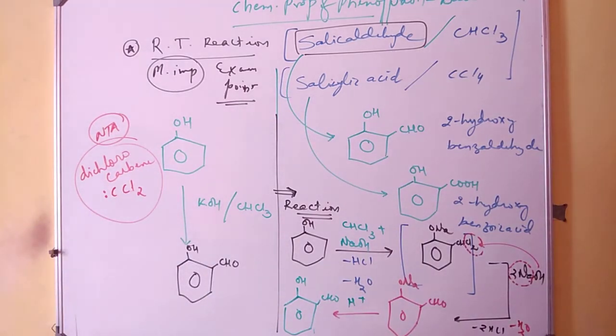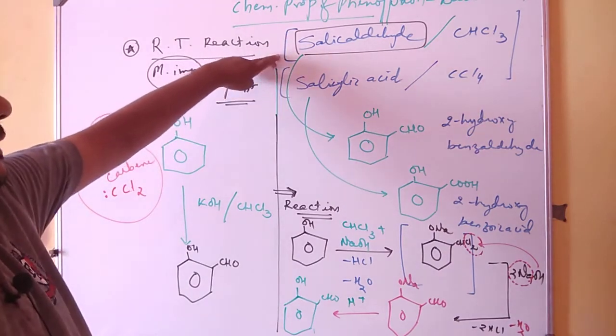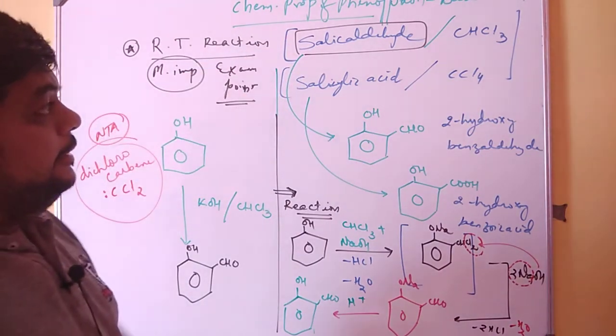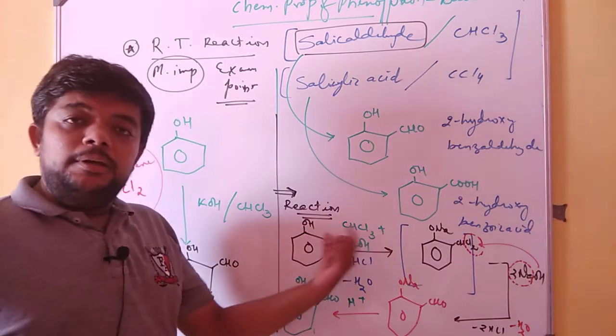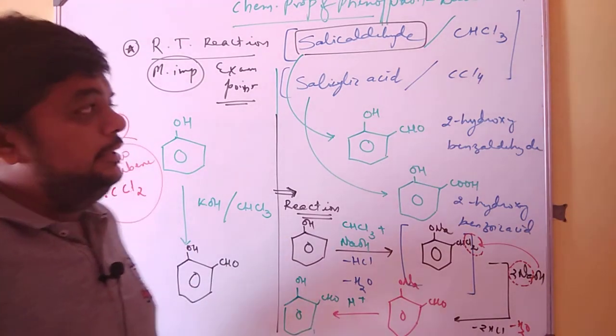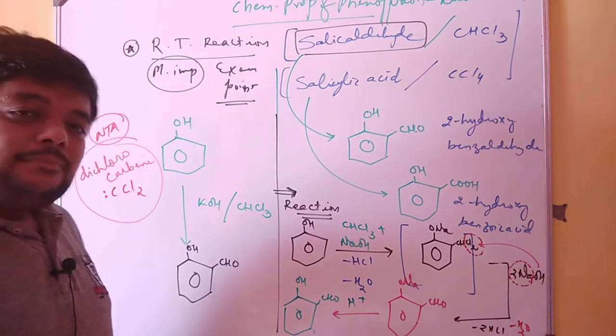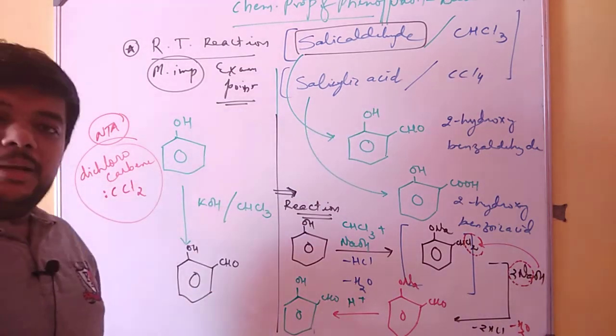So friends, this is one of the very important and very popular reactions that is included in the chemical properties of phenol. Hope you got an idea that Reimer-Tiemann reaction is used for producing salicylaldehyde as well as salicylic acid. If instead of taking this CHCl3, chloroform, I would have written over here carbon tetrachloride, very promisingly I would have ended up with COOH rather than CHO, because I am taking carbon tetrachloride, so I will be ending up with COOH.